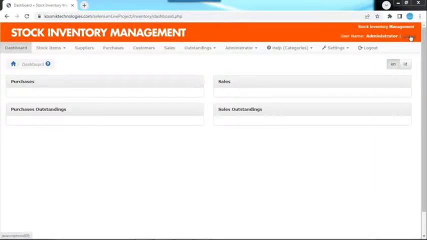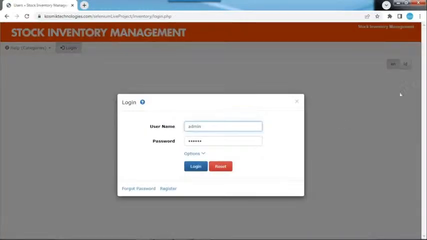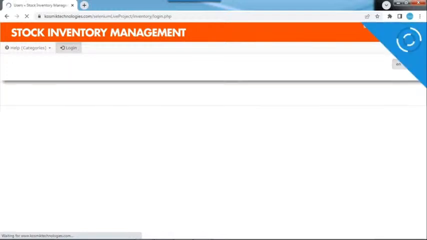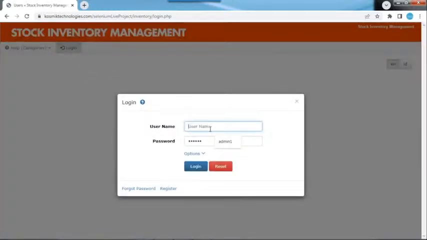But suppose the end user gives invalid data. Now I'm giving invalid ABC, and here also I'm giving ABC. It should not allow, because both are invalid, right? The username is invalid and the password is also invalid. It should not allow. In case it is allowing, it means it is a bug. See, now I'm trying with negative data, like invalid data. So invalid data means it should not allow login into the application.